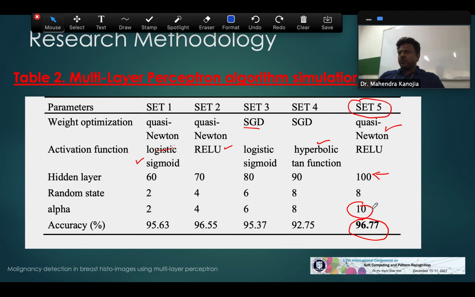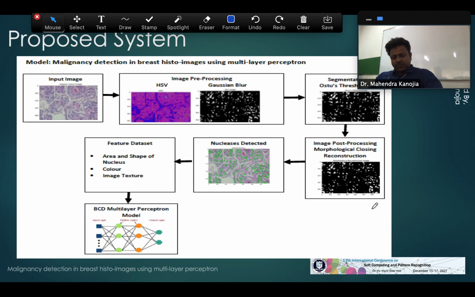Now the question is, do we need to believe only in accuracy? Because accuracy is definitely the best predictive value, or you can say accuracy gives us the prediction capability of the model. So definitely 96.77 is a good prediction capacity of the model. The one hint over here is that our data set was not balanced. So shall we believe only in the accuracy value? No, we have taken the other parameters also.